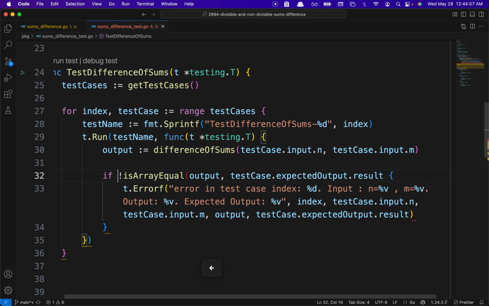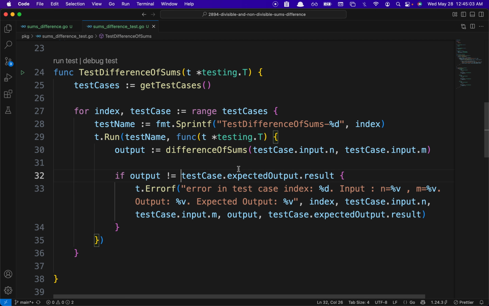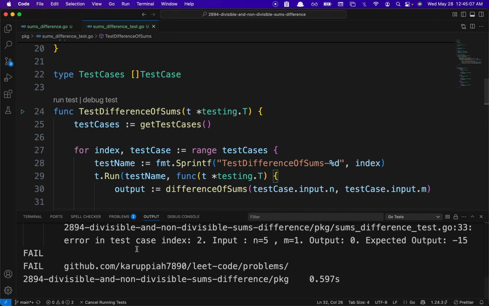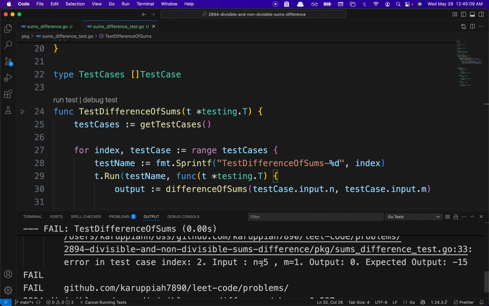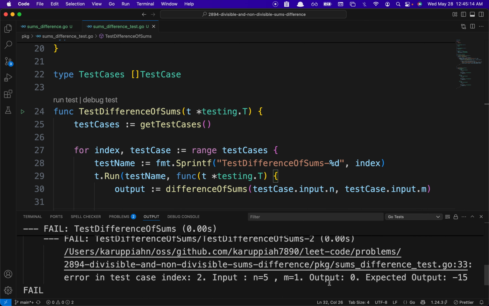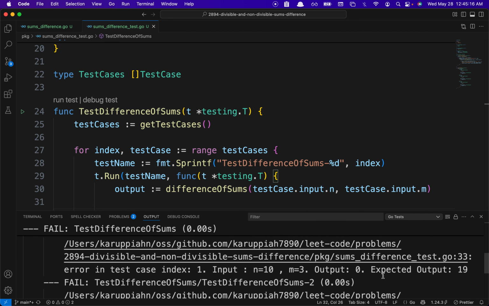If the output and the result are not equal, then yep. So let's run the test and let's see how it goes. We should have failures. It says there are different values over here. So n is equal to 5, m is equal to 1, output is 0, but expected output is minus 15,